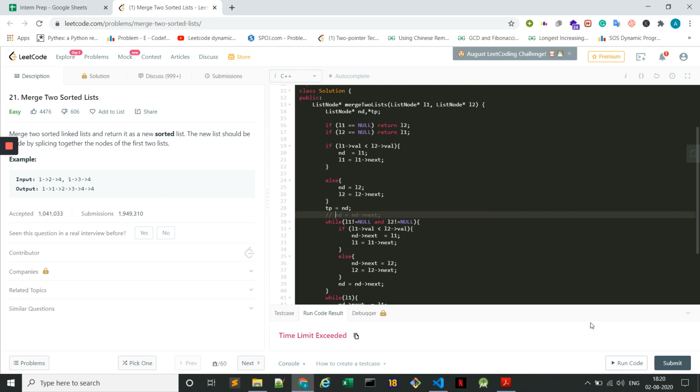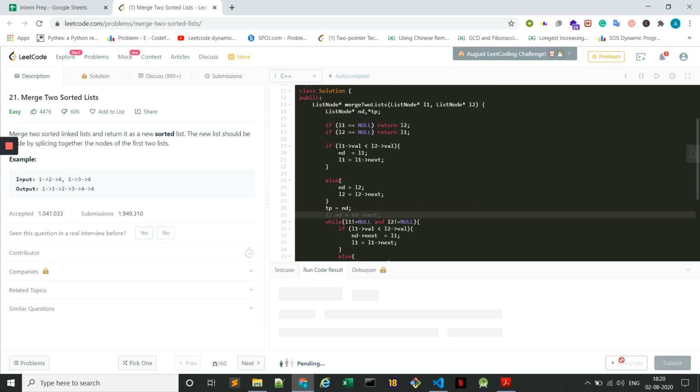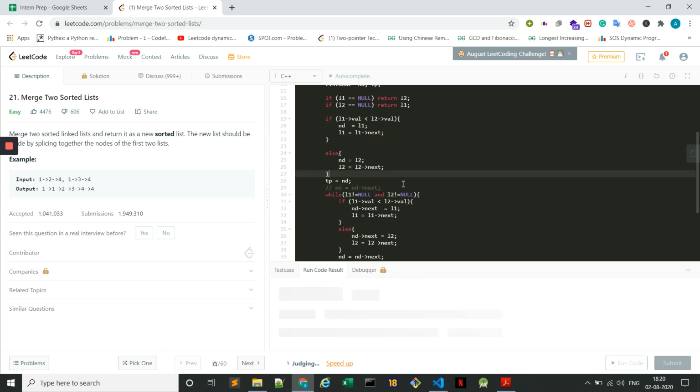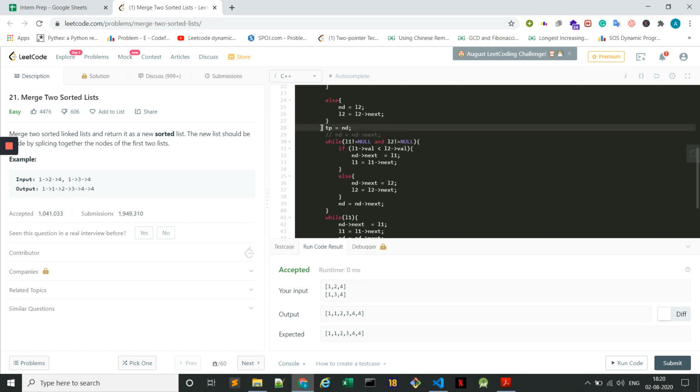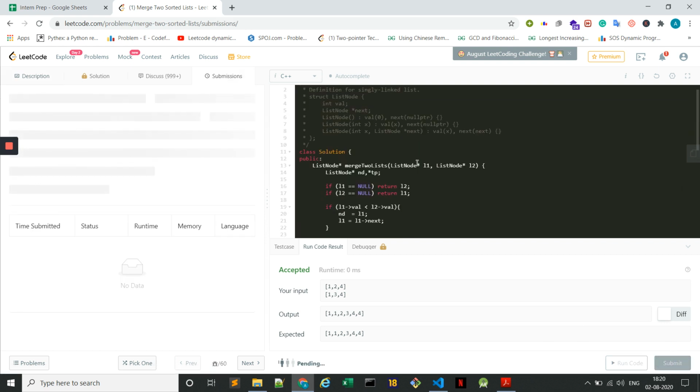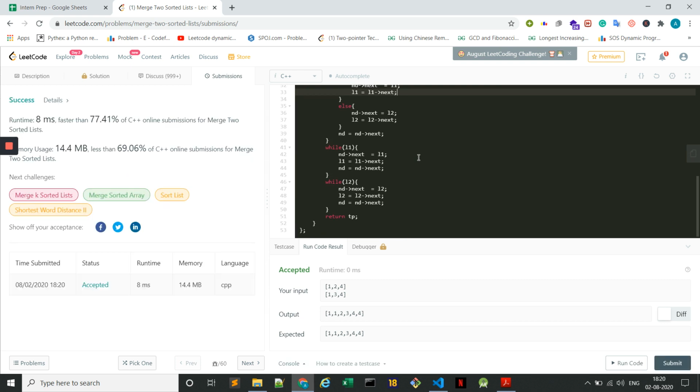Why? Because we just initialized our node, so sometimes it may happen that we are reaching the next pointer of that particular node. Let's say L1 is just one node, so its next will be pointing to null. So over here it might be pointing to null. This is not needed. This was a wrong step. Let us try to submit it and see if there are any possible errors in our solution. No, there is no error, and this passed pretty quickly.